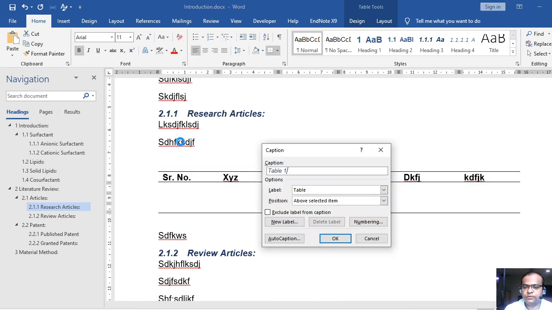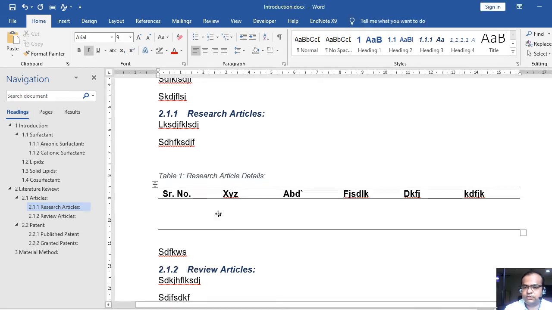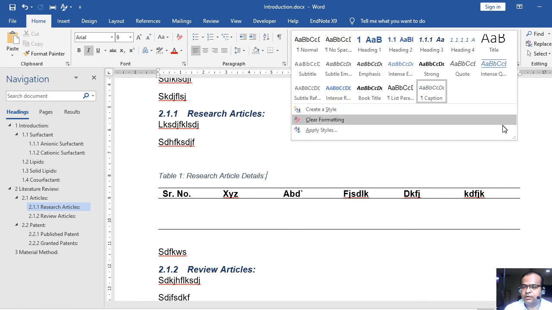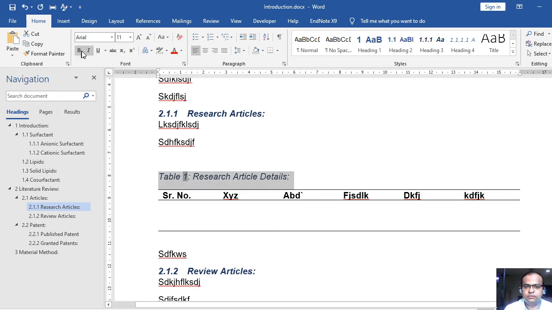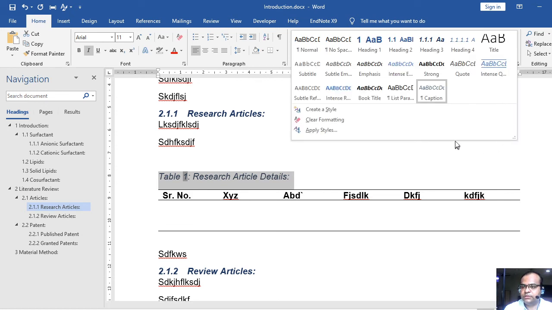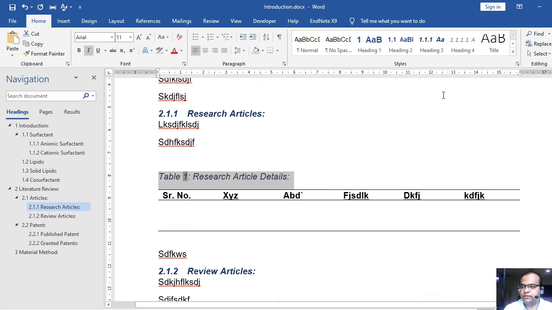So use this option. In Insert Caption, just write your table's caption and give an OK, right? As you select it, in the style section you may find one separate style option for your captions. So now suppose as per your university or journal's guideline, the caption should be, let's say, Arial 11 italic. So just make the necessary changes and update your style in this section.